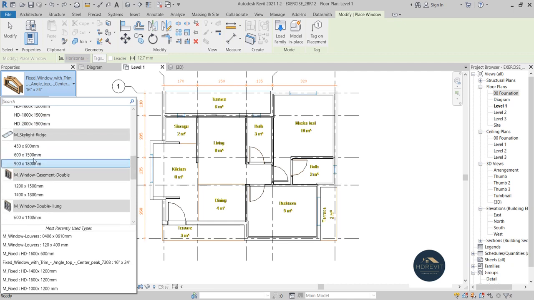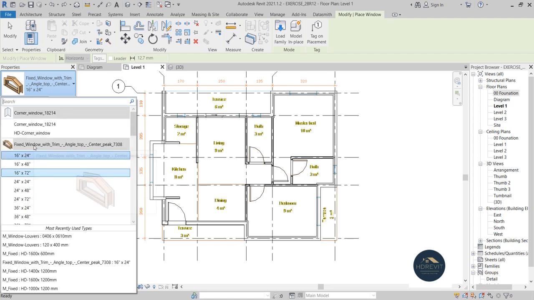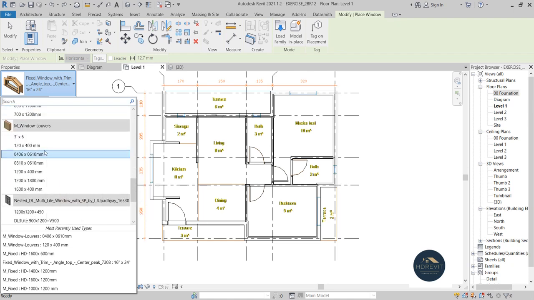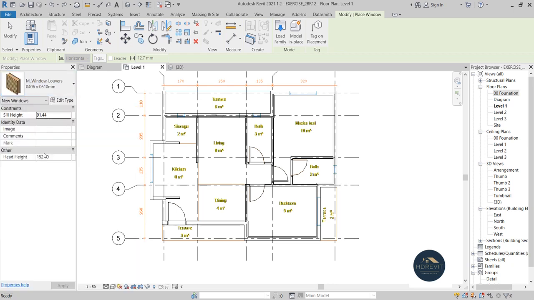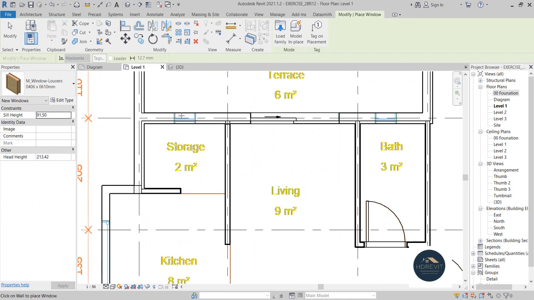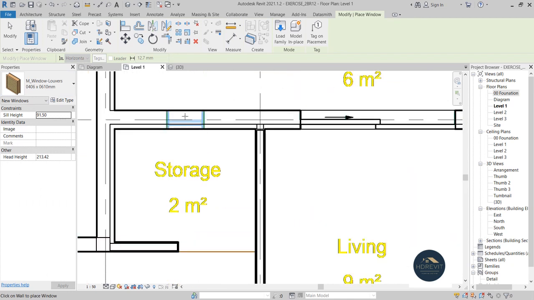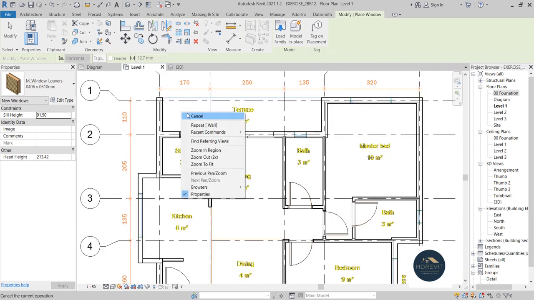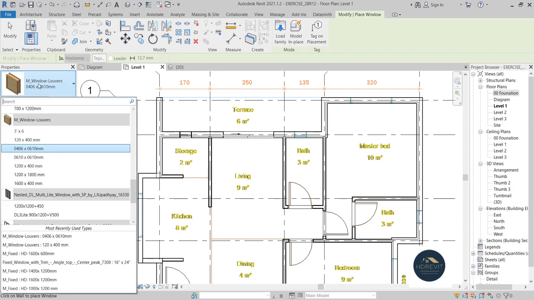window in here is going to be a louver, so I'm looking for a louver and I'm going to pick just this one, and then when I go over it, I place it just in the middle, and then this is the placement of it. Now I'm going to choose another type of window